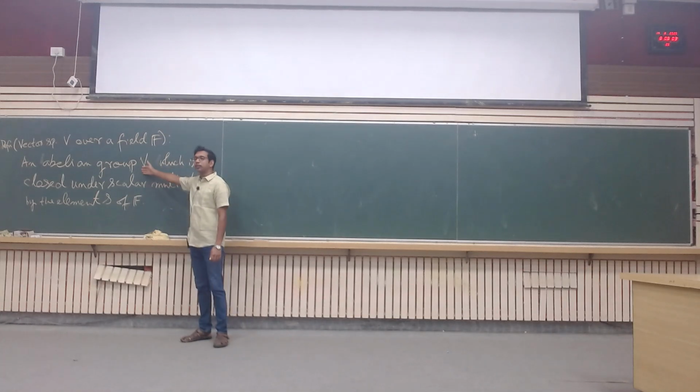So you will have these properties like associativity, identity, inverse, and for the scalar multiplication you will have